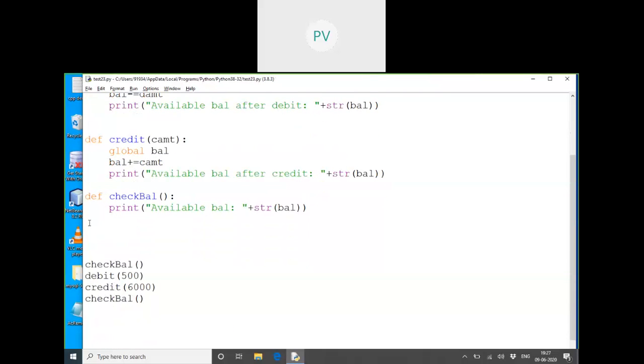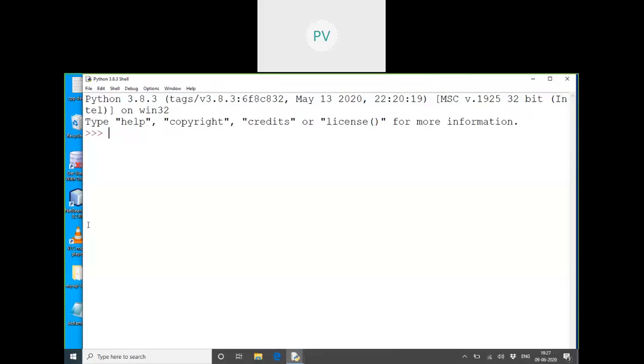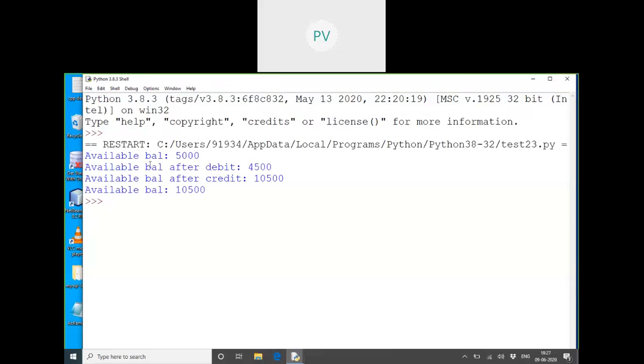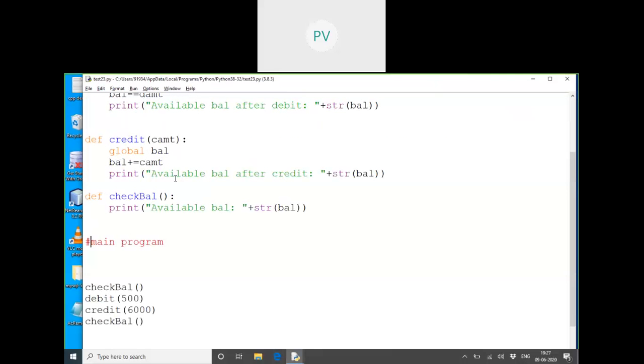These steps till here are just the definition of the code, and this is the main program steps, the execution. So instead of typing in the shell one by one, I can type it there and call it at once. Is that clear? So the difference between local and global, I think you are clear now.